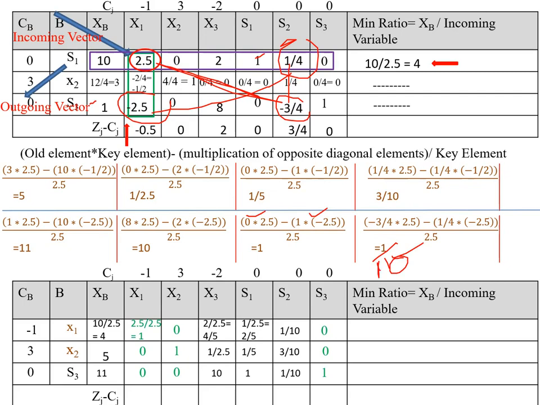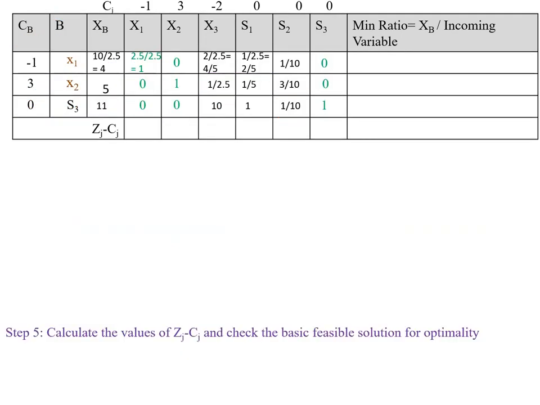Sorry, I made a mistake here. It will be 1 by 10. So enter the 1 by 10. So this is the new simplex table. Here once again I have to calculate the Zj minus Cj values and check the basic feasible solution for optimality. So first we have to determine Z1 minus C1, that is minus 1 into the 1 plus 3